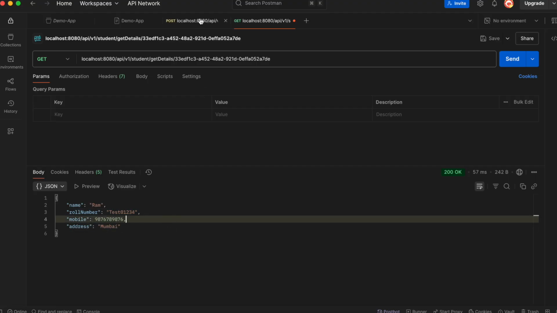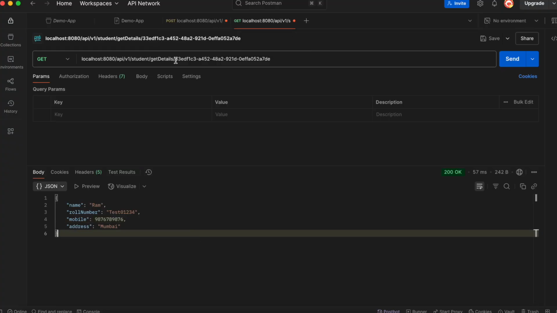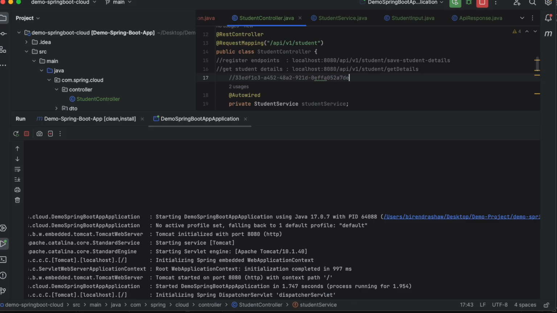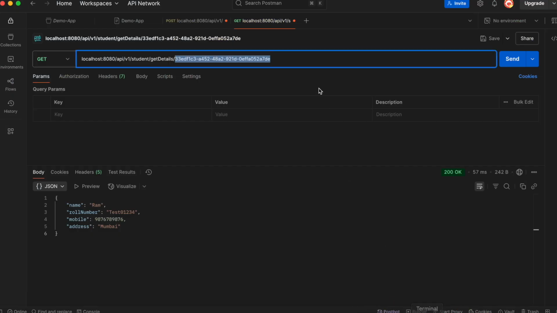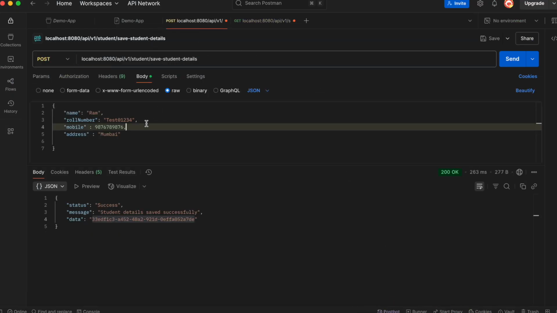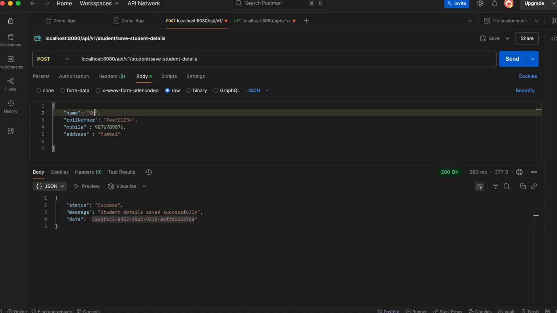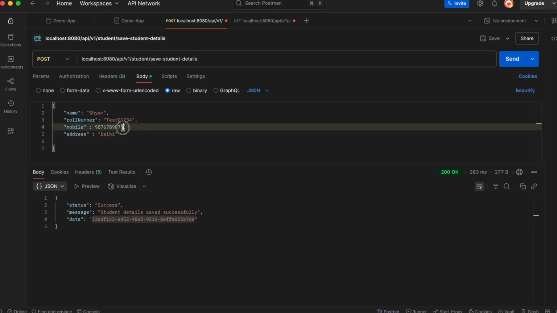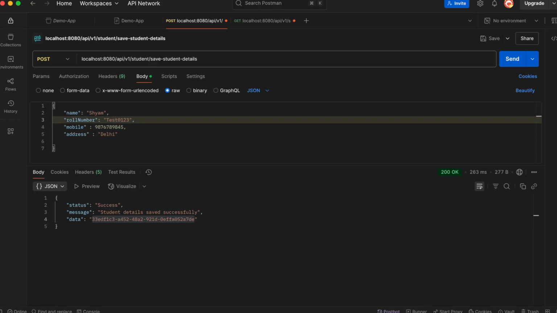Similarly, we'll save this ID. This is the first ID, so let's save it here for our simplicity, and we will try to register one more student, Syam, with address Delhi and mobile something different, and this roll number 12345.